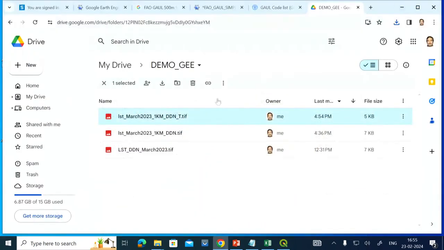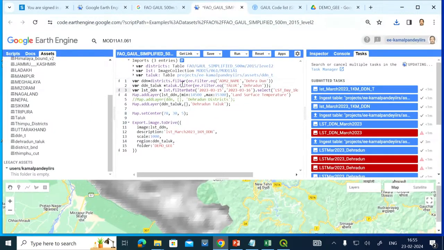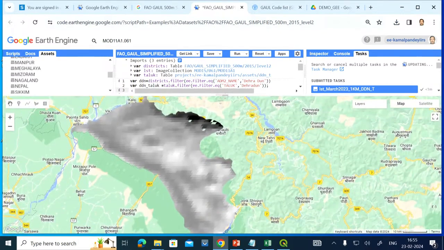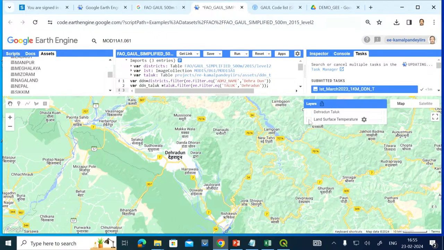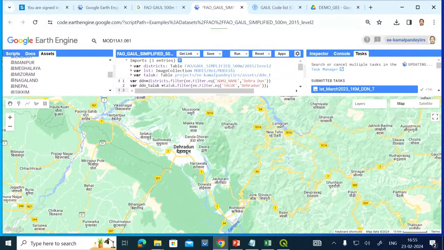So the district boundary we got from Google Earth Engine, where some boundaries already existed, and the taluk we uploaded from our side, and then we have done it. And the third component is also the simplest one now. Let us say my study area is not the taluk, not the district, but something else. It is only the city part here.